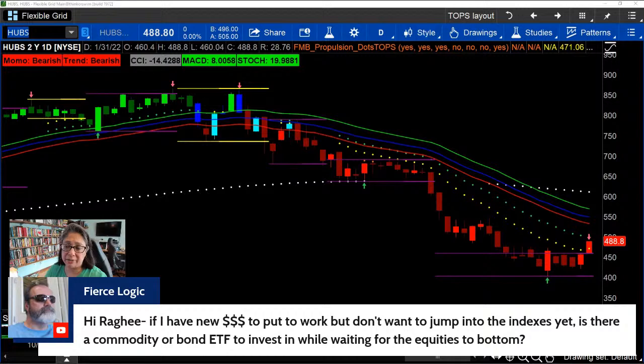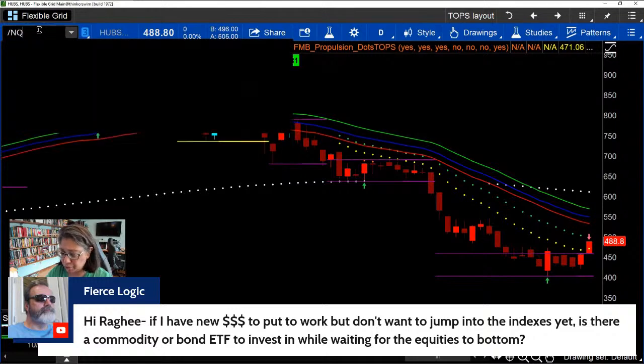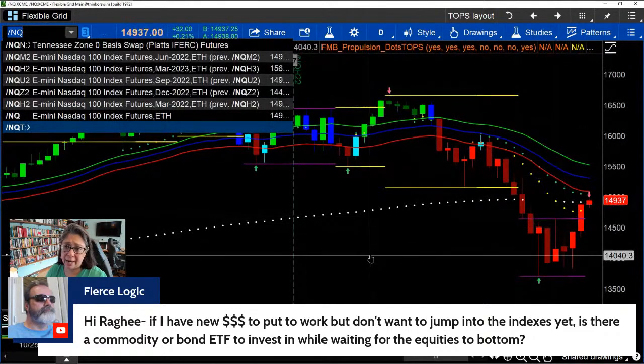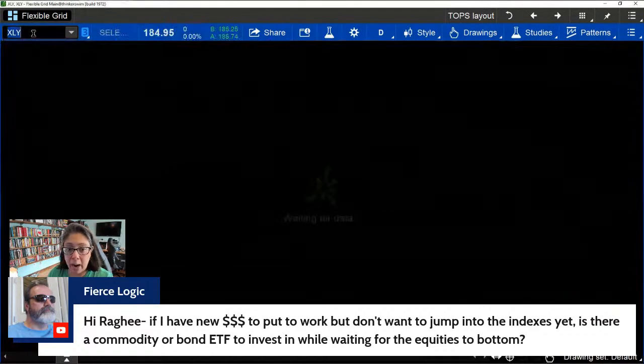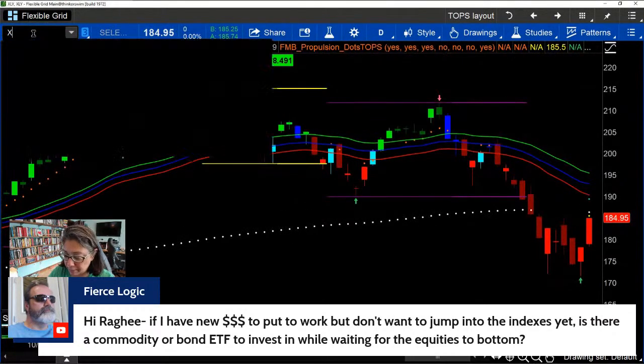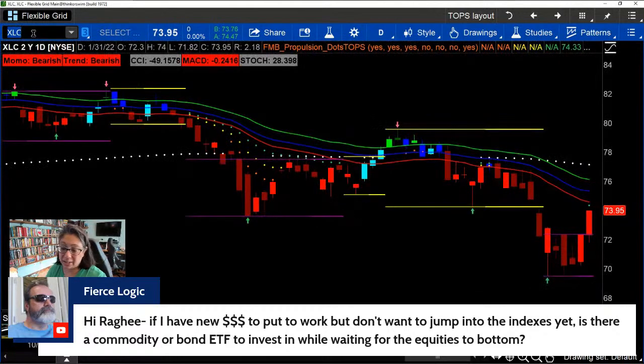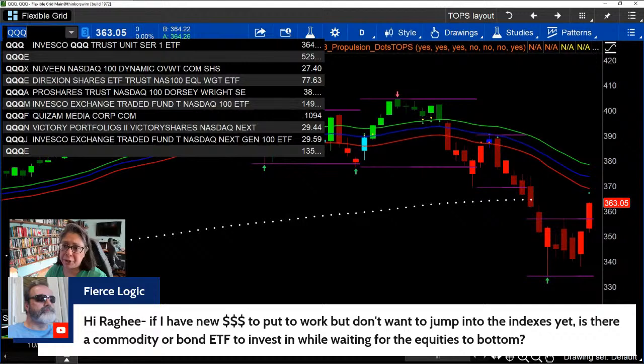I don't want to jump into the indices yet either. The only ones that are close to maybe some shorts would be the NAS and the Russell. I might short the rip in that area. Long IWM calls, long QQQ calls. We might even go XLY. That thing's been looking like a nice dumpster fire for a short. XLC, right? But QQQ and IWM puts are something I'm watching. If you can let me know your time frame and time horizon, I can probably point you in a little bit more direction.